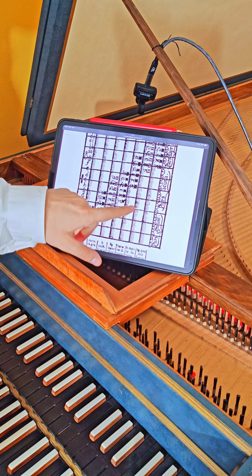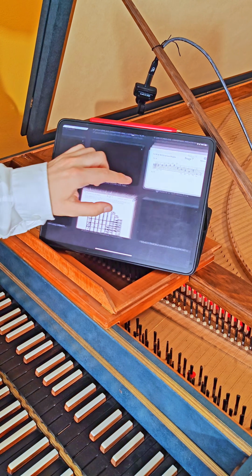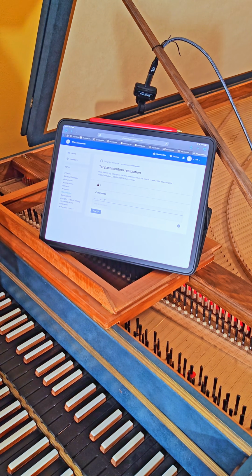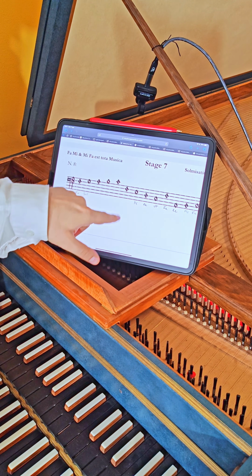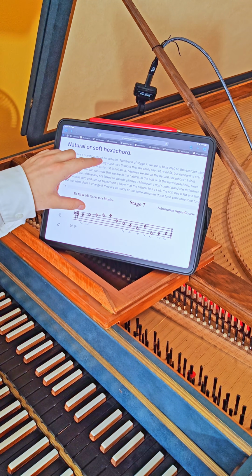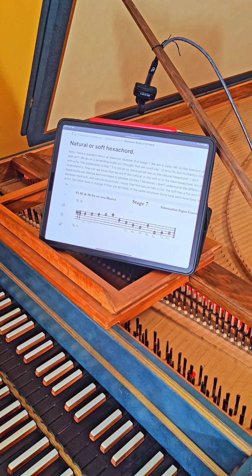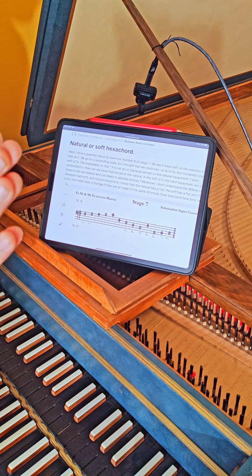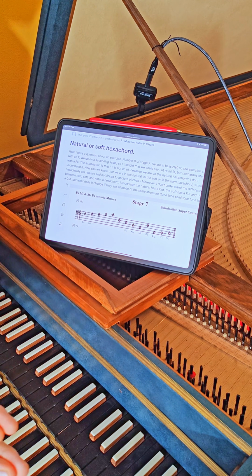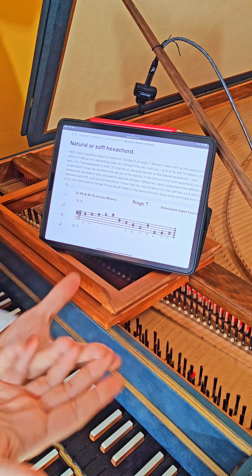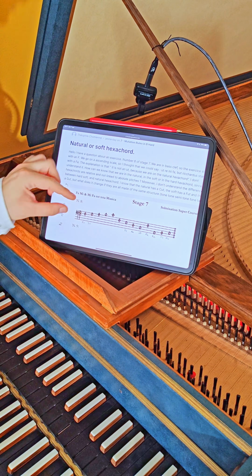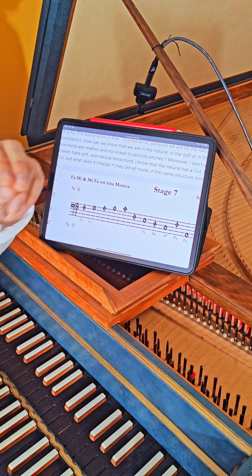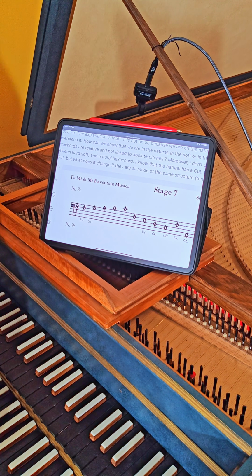Now, what's the next point? We have the other part of the question, which is about the fifth mode. Okay, now the fifth is very important. How to identify a fifth mode? Simple. A fifth mode can be identified by these pieces of diapente, Fa, Sol, Re, Mi, Fa. Let's take an example.